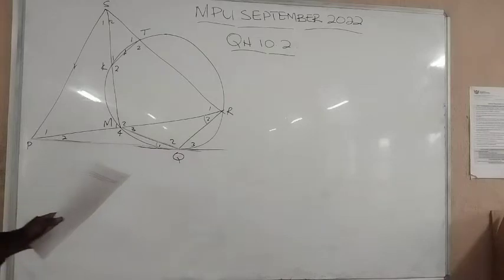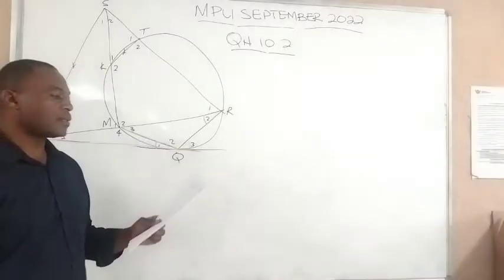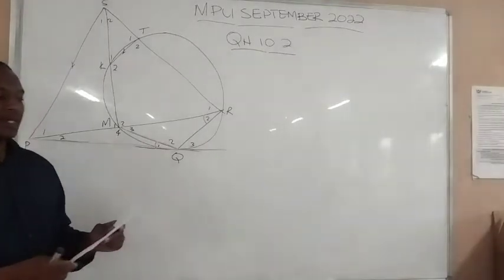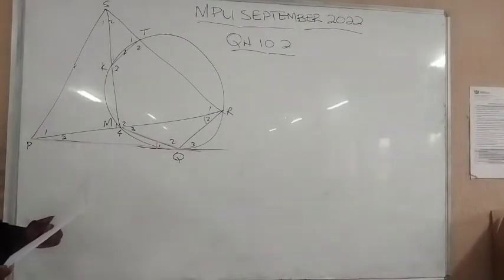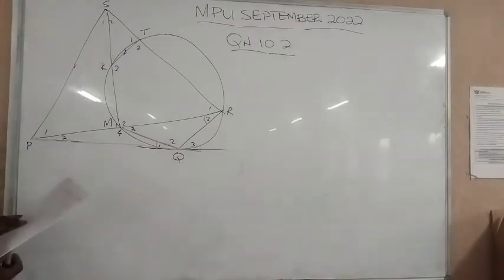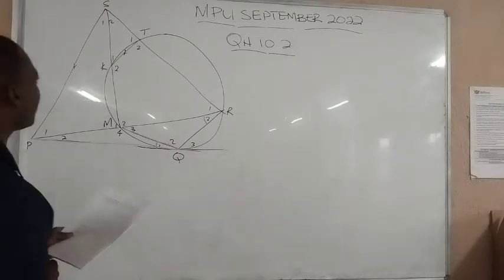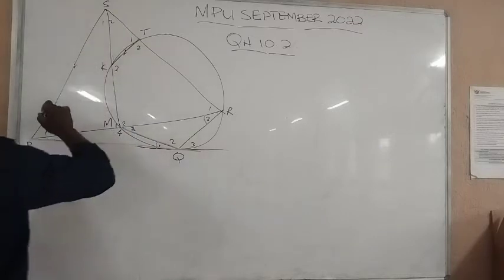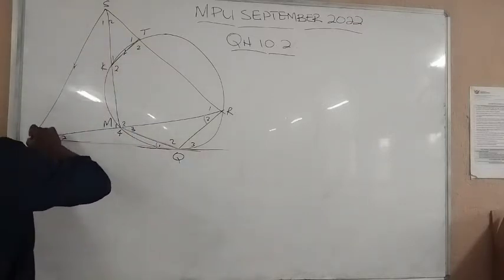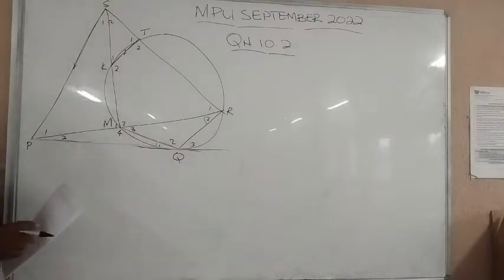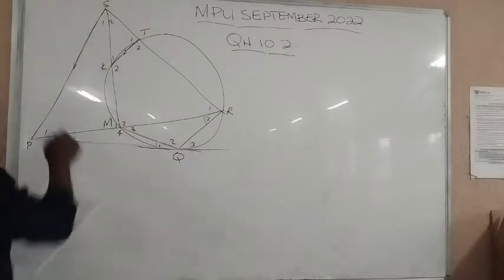RS and RP cut the circle at T and M respectively. And then SM cuts the circle at K, and then KT is parallel to PS. That's another key. KT is parallel to PS. So that will lead us to find